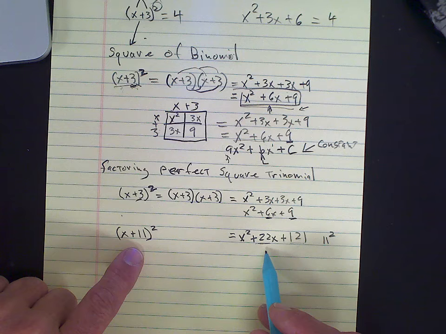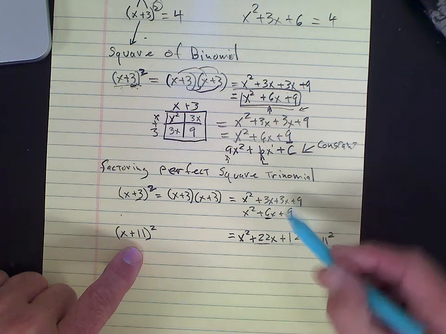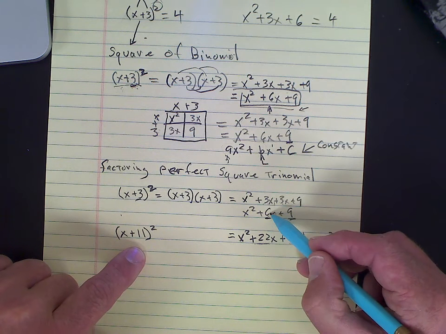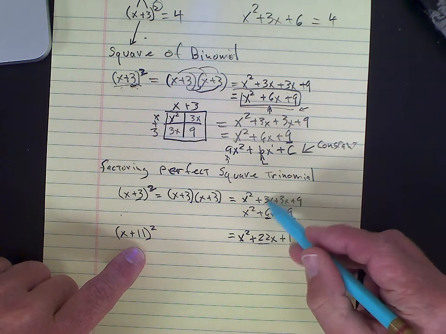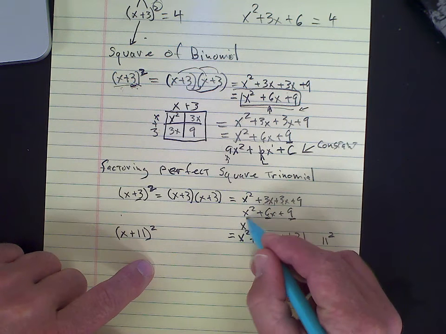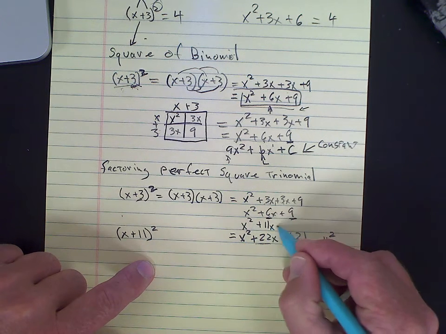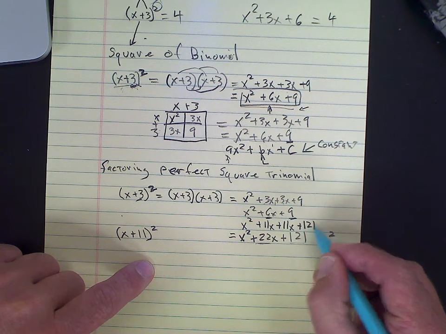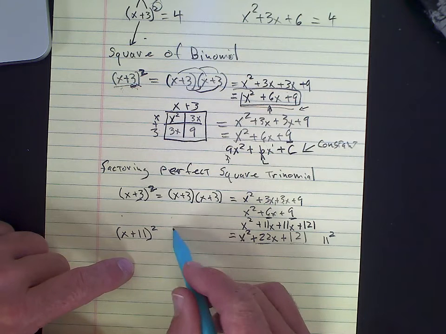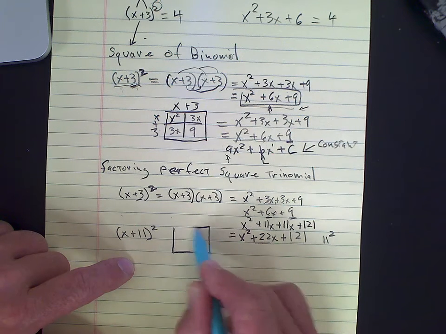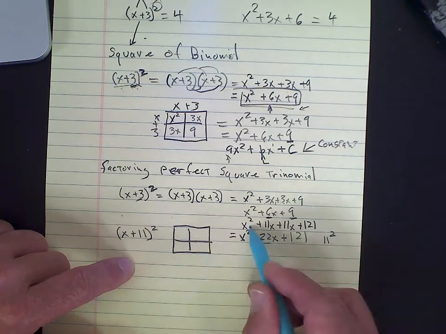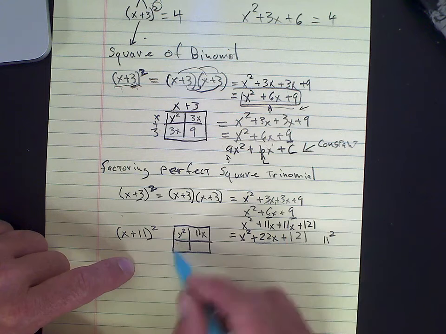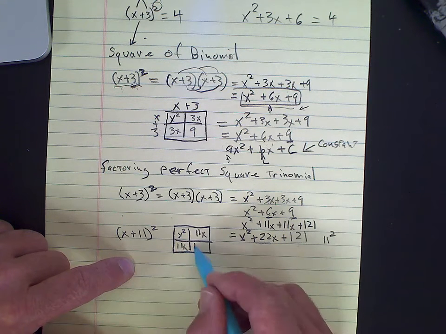But let's put some steps in between. Now you'll notice that every single time, right, these always combine to this, and that's why this is always twice this second number here. So if we put that back in there, 11x, and doing what I call split that middle term back up, then what we can actually do is use the beloved box, where we put the x squared here, the 11x here, this 11x here, and this one down here, the constant